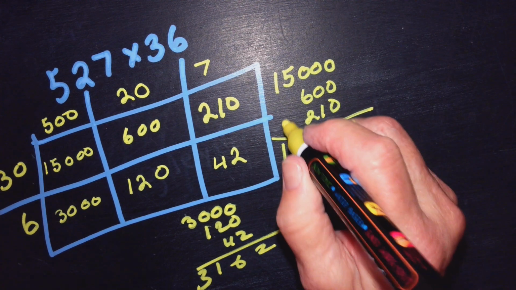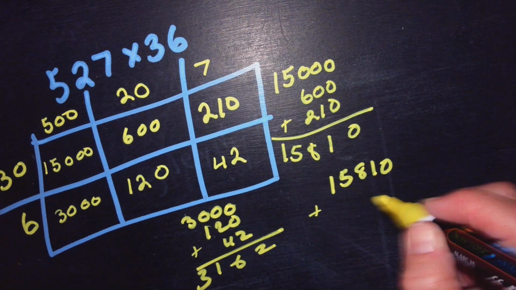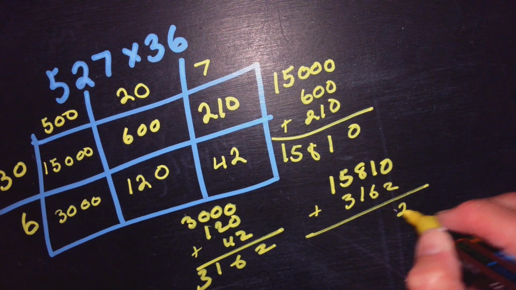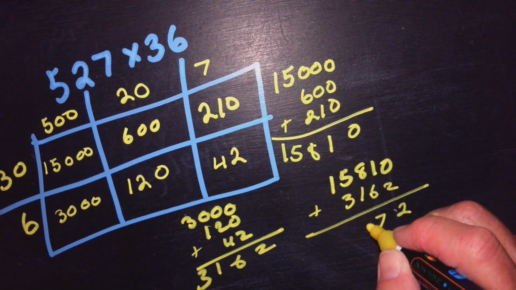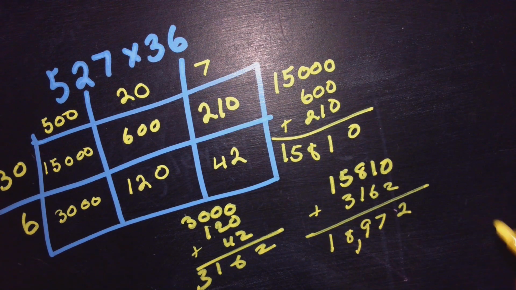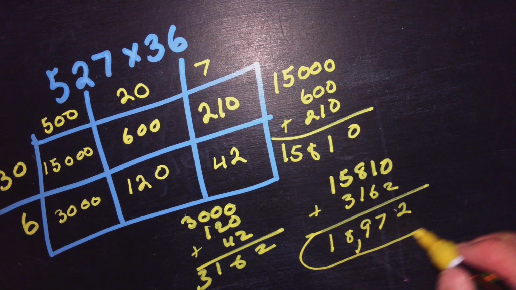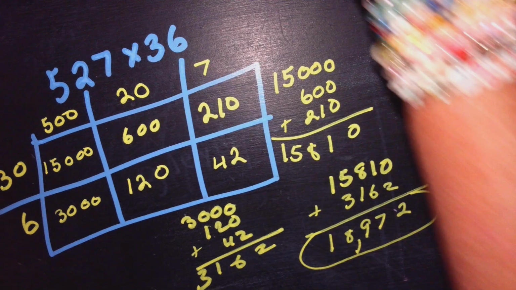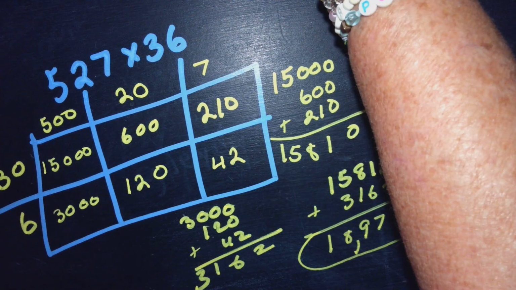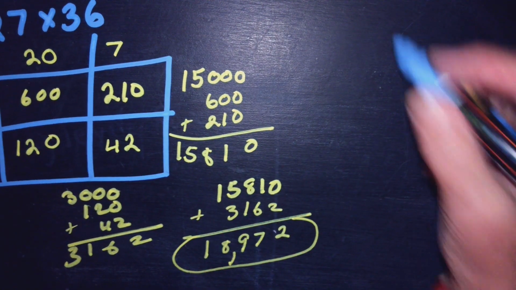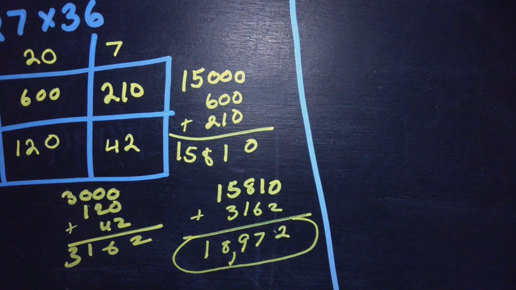15810 plus 3162. And I'm going to get 27981. So my answer will be 18,962. Now let's compare that to the standard algorithm. Now this time we may have some problems on the standard algorithm that were different from the last set of problems that we did. Our problem again is